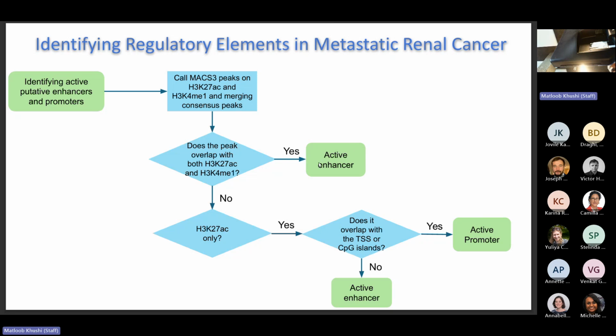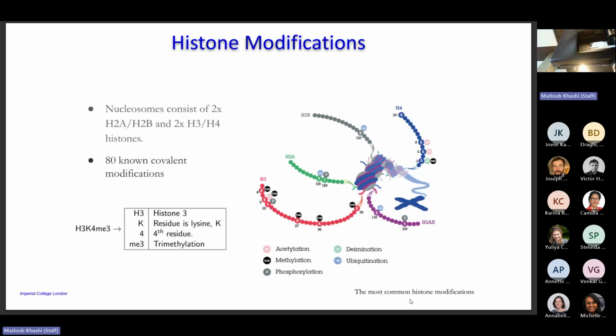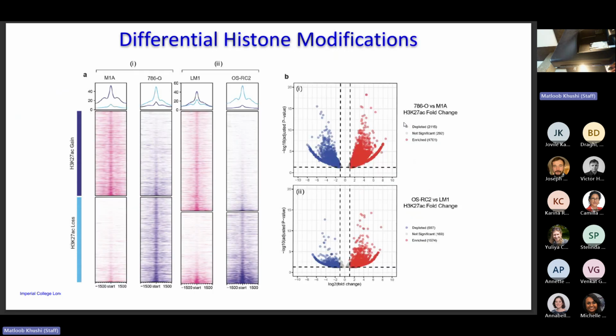So enhancers, like I said, are distal regions that are volume control regions that interact with genes. And so we had a workflow that we took the data through to figure out which bits were active enhancers. Yeah, these are the histone tails of the nucleosomes I was talking about. And so we had ChIP-seq data,